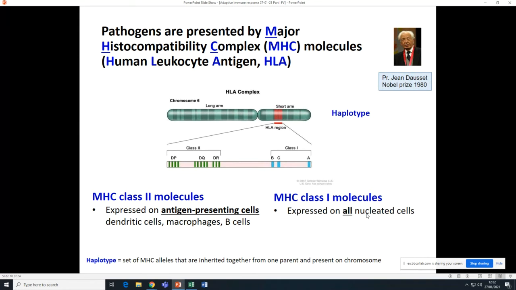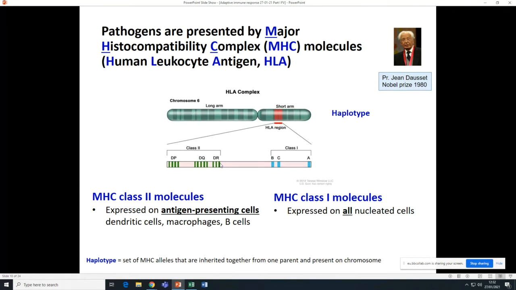Okay, all nucleated cells express that, and you will understand later on why. You also have HLA class 2, or MHC molecule class 2. They are called HLA-DP, DQ, DR, and they are present only on antigen-presenting cells, which are dendritic cells, macrophages, and B cells. So if I ask students which MHC molecules are present on the liver cells, you're